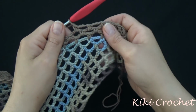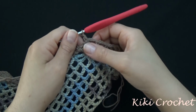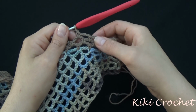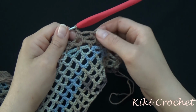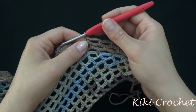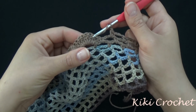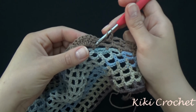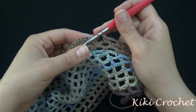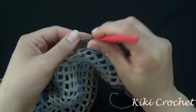What I want to show is that even though in the previous row we had 3 chain 3 spaces, in this row, up until we finish, we're only going to have 2 chain 3 spaces. 1, 2. Okay, so once we've worked the single crochet in the last chain 3 space, chain 1, and start working 1 double crochet on top of each stitch on our shell, and after the double crochet, separate by chaining 1. Okay, so start from the first double crochet,